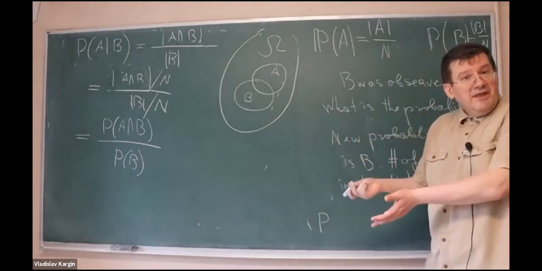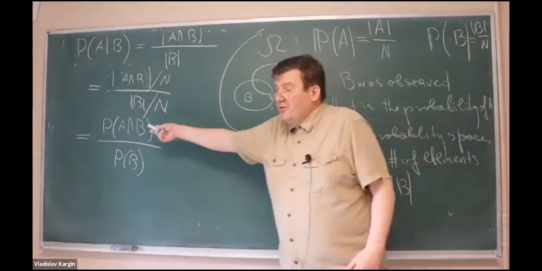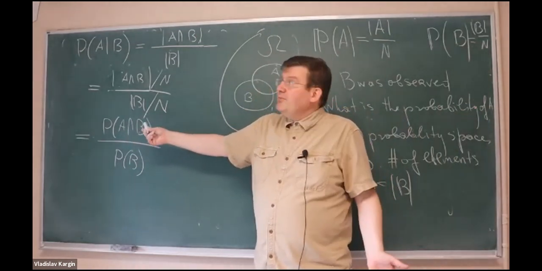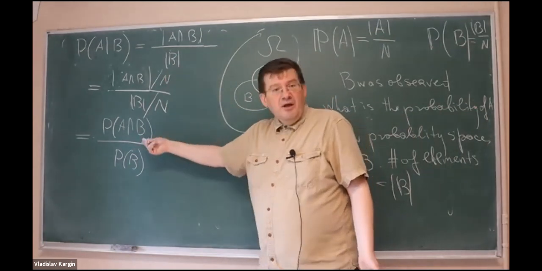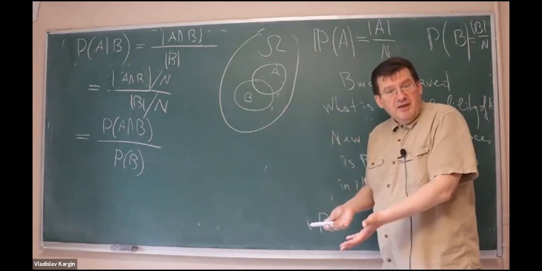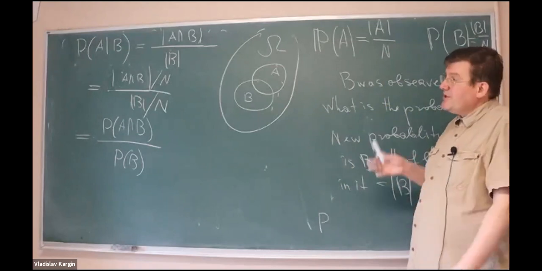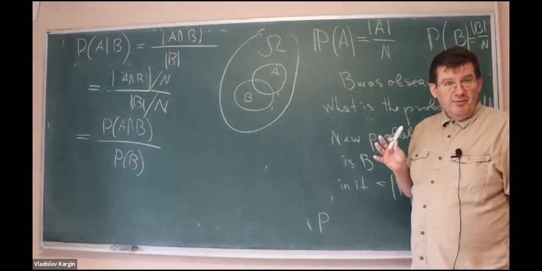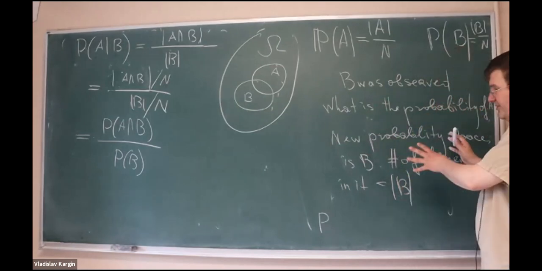We will see later, sometimes you just assume that it's not difficult to calculate this, just by assumption. And sometimes it might be that you have not gained anything from this, but it's still useful to use. And so this is a derivation in the case when you have all outcomes equally probable. But after that, we say, all right, let us define the conditional probability in this way. So it means that in principle, we believe that